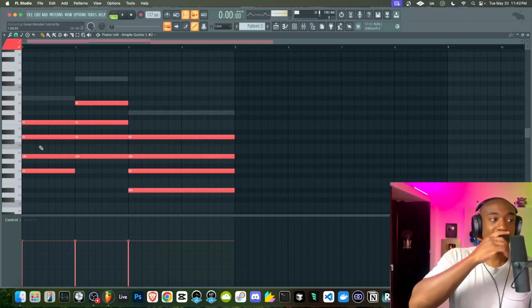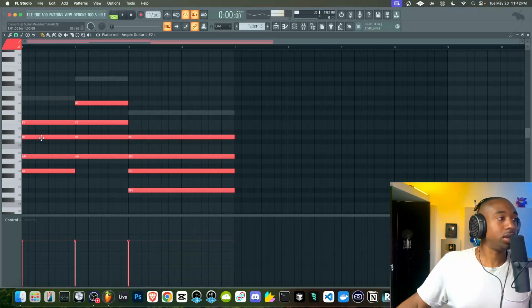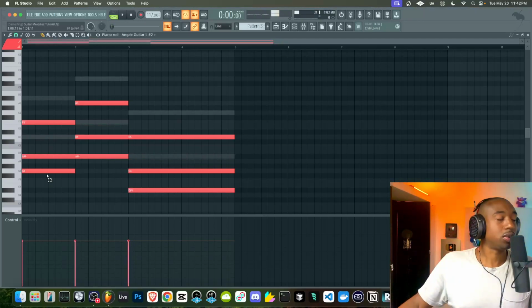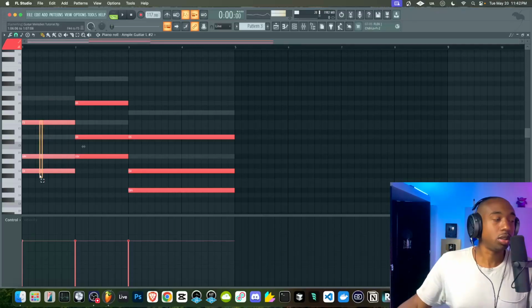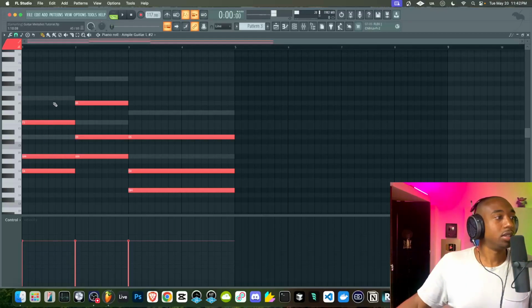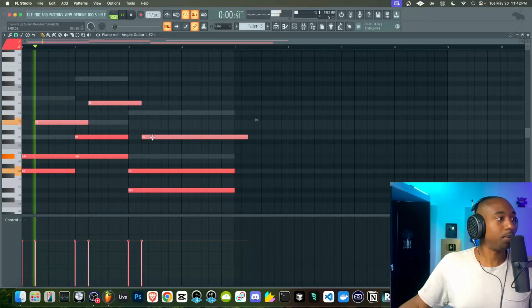Okay, so now we need to revoice this chord. And what we need to do here is omit what's called the fifth. So we're going to take out this third note here and just remove it completely. So now we have a triad omitting the fifth, but we include what's called the seventh. It sounds more complicated than it is. So now we're adding a note in here. So these can be used as color tones.